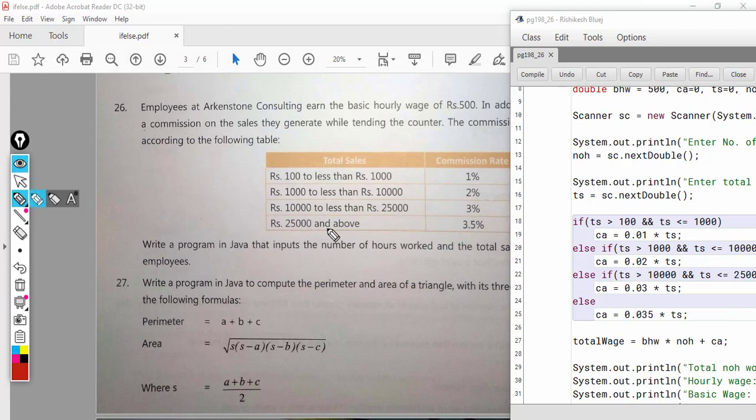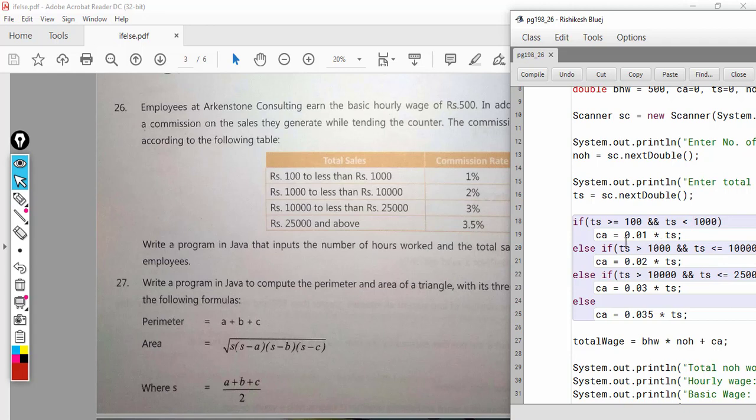So here the first condition is this: if the amount is between 100 and 1000, that is why I have written the condition here. If TS is greater or equal to 100, we should have equal to here, greater or equal to 100 and less than 1000.